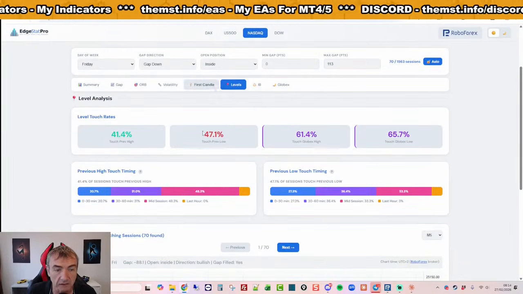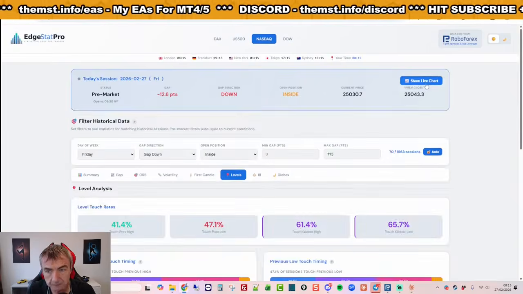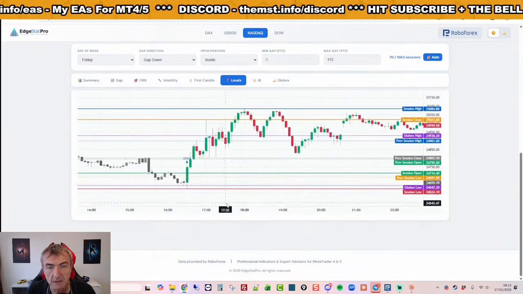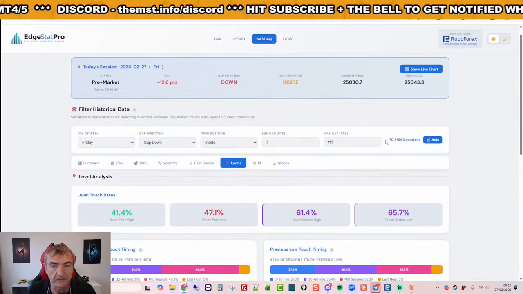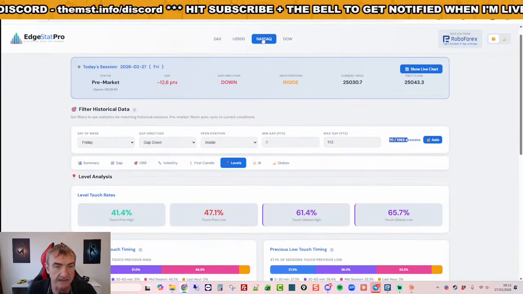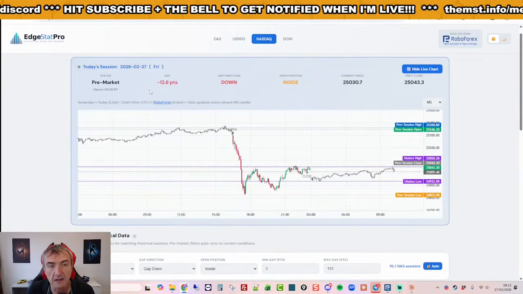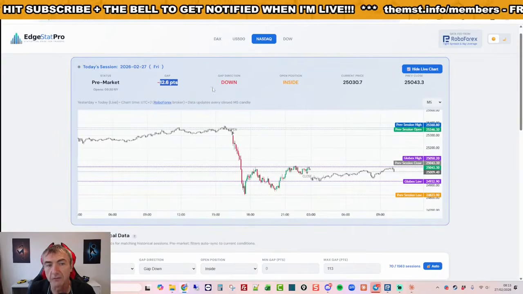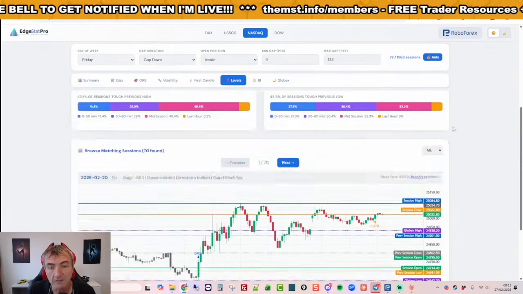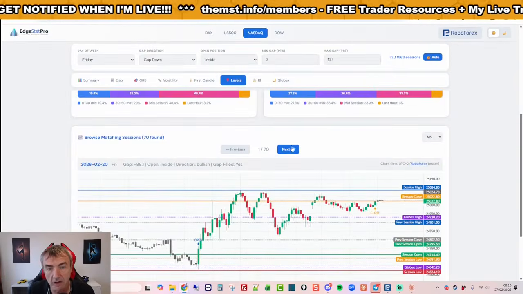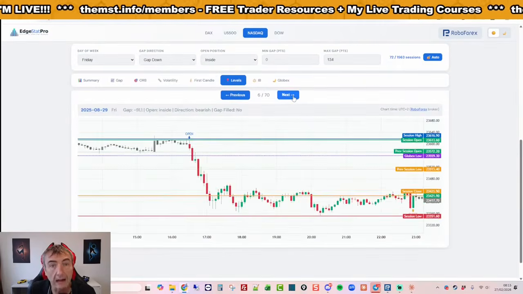And timings and all. It does everything basically. But he's built all of this, and you can also look at every single previous day. So we've got 70 sessions that match the NASDAQ at the moment. So right now, obviously, the market's in pre-market, but it's at the moment gapping down by 12 points, and it's opening up inside yesterday's session. Yeah, so you can go and look at every time that's happened in the past and see what happened previously.